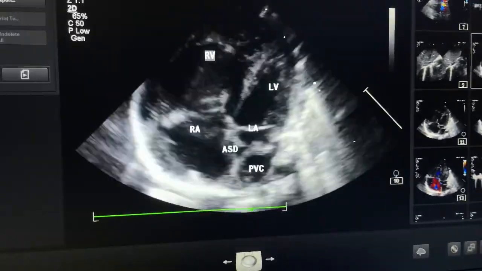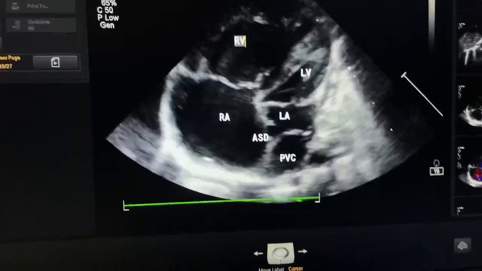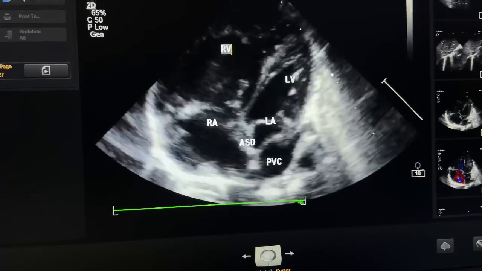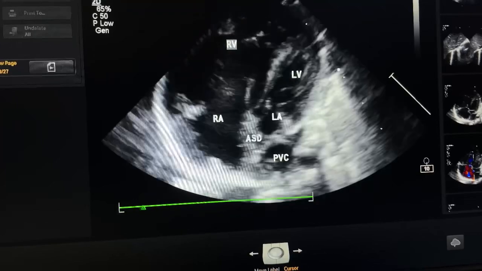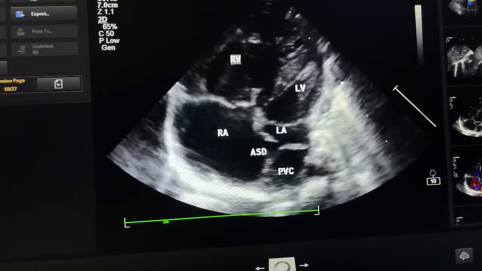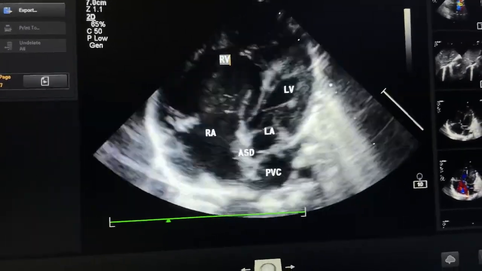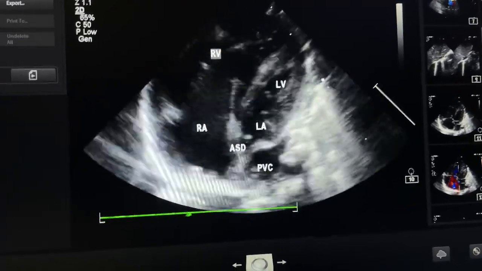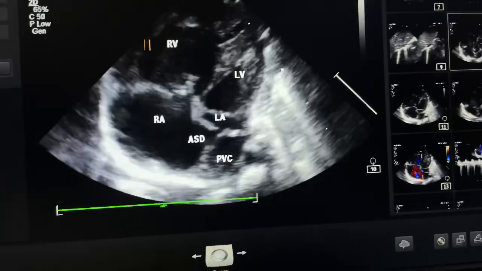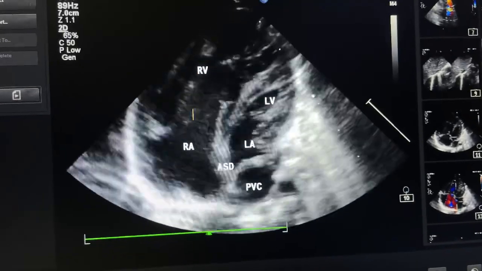This is the case of total anomalous pulmonary venous connection. All four pulmonary veins drain into the right atrium through something, not into the left atrium. That is called total anomalous pulmonary venous connection. In this image, you can easily see this is the right ventricle, this is the right